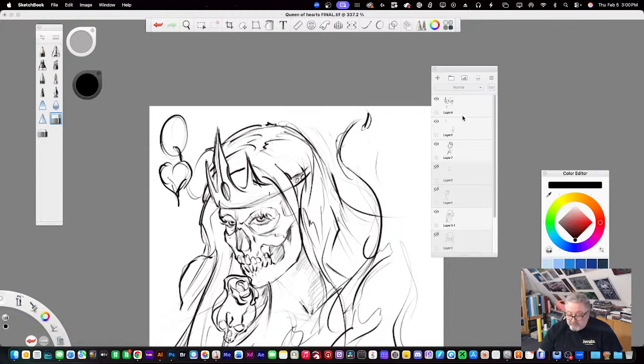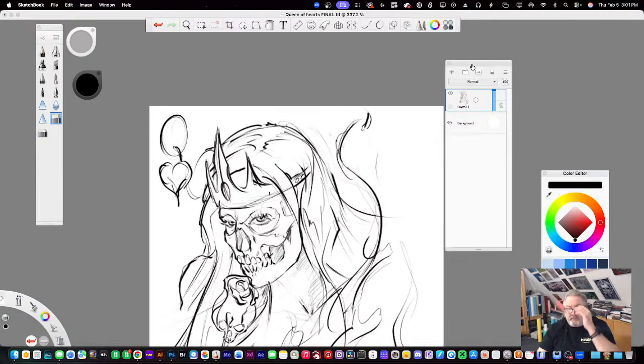And then what I'm going to do is, you don't need to do this, but I'm going to make it just simpler. I'm going to merge all these layers down into one layer. I don't need you. Remember, I saved the other one, so I have all the multi-layer on an old file. This is just a workflow thing I do for a little house cleaning, so you work with a simpler file. I don't need this. I don't need this. They're gone. Oops, unlock. Okay, so is there a skull?